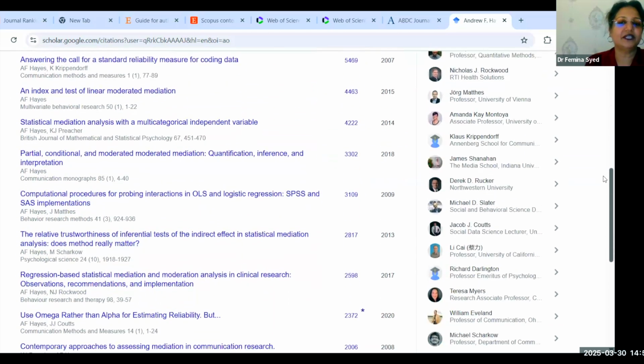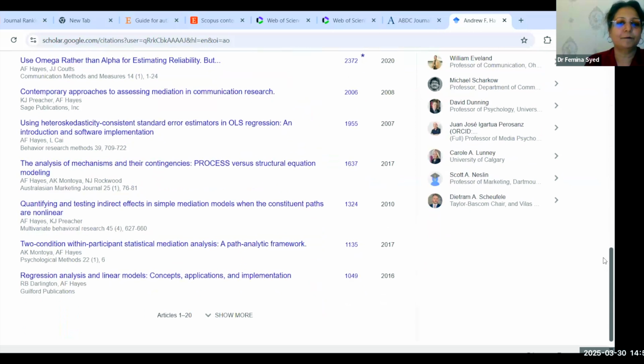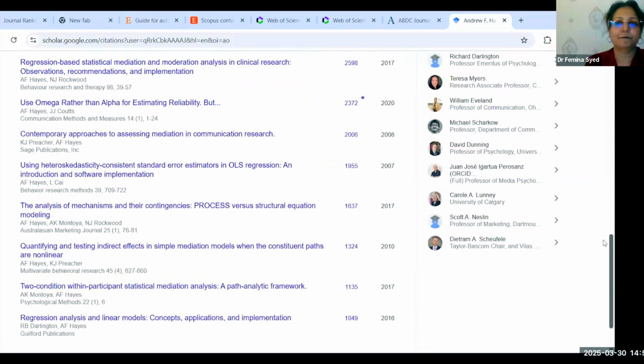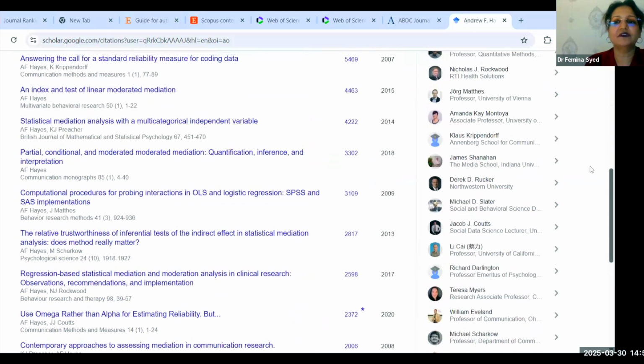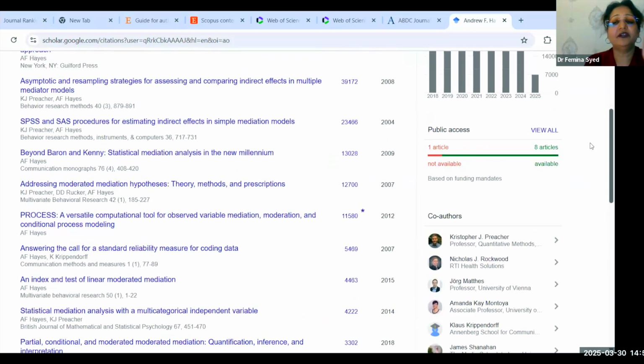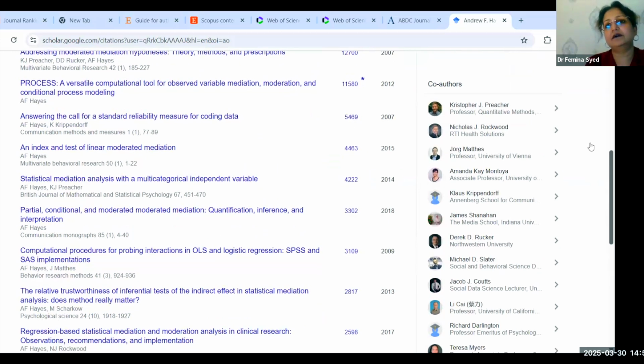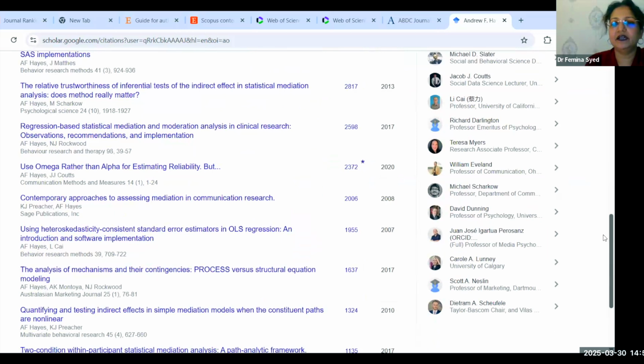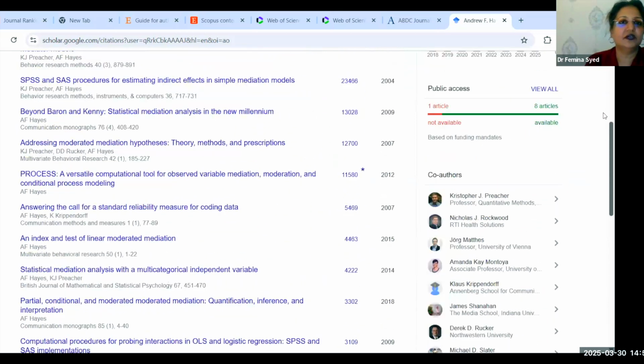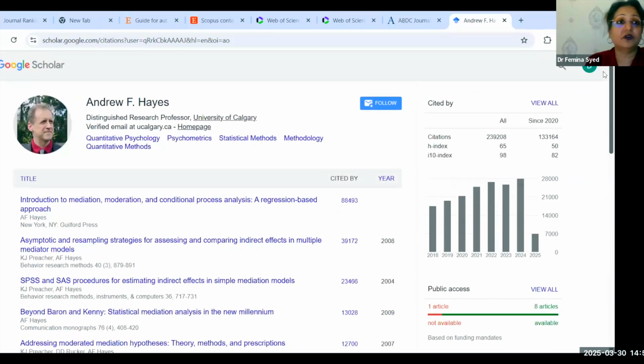Scrolling down, see the citation score. This is the contribution that the person has made. Even if there is a publication with co-authors, you can link your article with the co-authors. So all the co-authors will also be available in Google Scholar. You can link it. See on the right-hand side, down, you can see all the co-authors. So I would request everyone to have a Google Scholar profile. It is really centralized. Whichever publication, it will automatically come to Google Scholar, or you can add it manually as well.